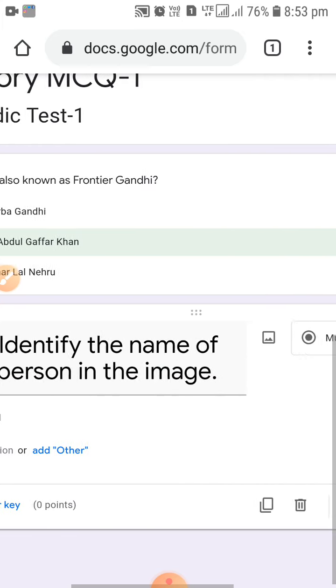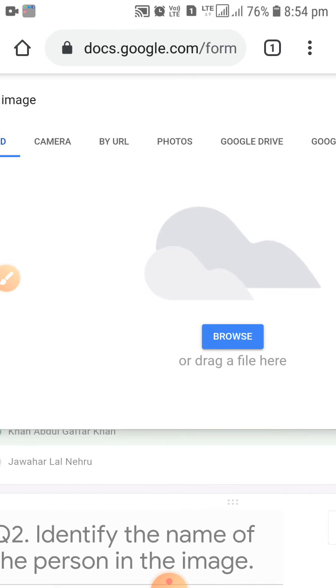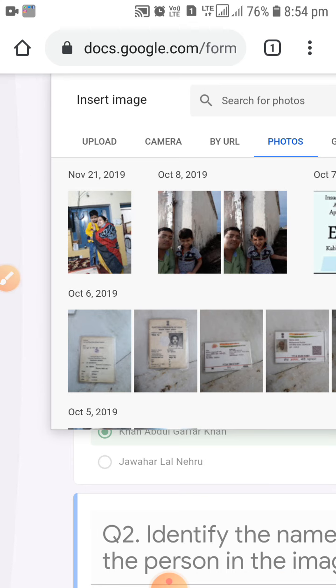Click on that, and you can see it is asking which photo you want to send them. Upload, it is asking. If you are doing it from a computer, then you can browse it. You can use your camera, or you can use your photos also.